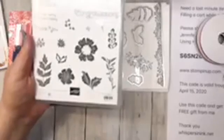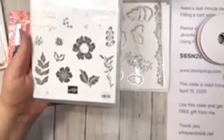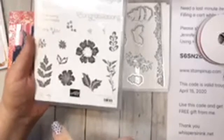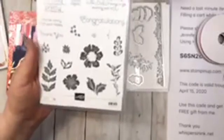Oh, I know, Sue. I paid $80 too. And I got to tell you, it was so worth it then. And now that it's down to, I think it was $44, this is like crazy cheap, you guys, because all of this that I'm showing you is all included in this box. So it's the stamp sets, the ribbon,